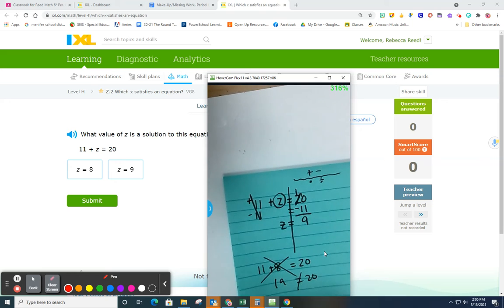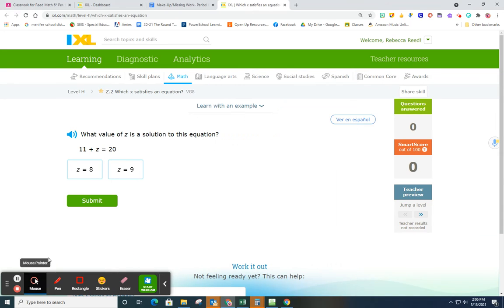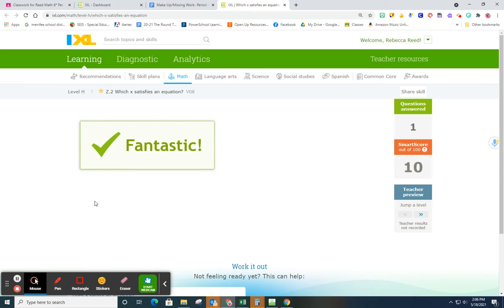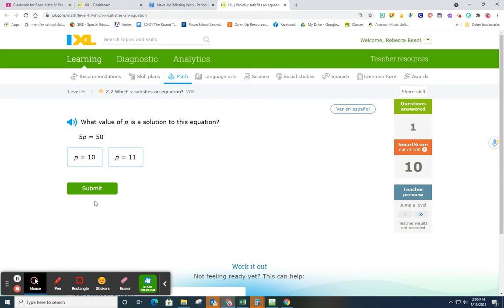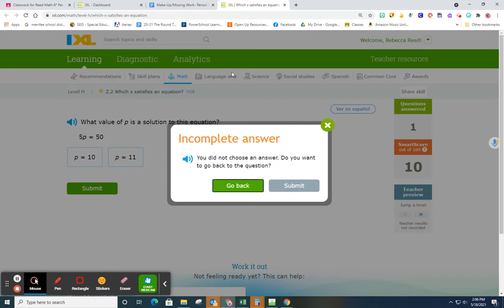So you can go either way you want. It might be more efficient for you to do some mental math strategies. It might be more efficient for you to balance your equation and solve by doing the opposite. So I'm going to choose z equals 9 and submit. Fantastic. Oh, good. They've got another equation up here. This time we've got